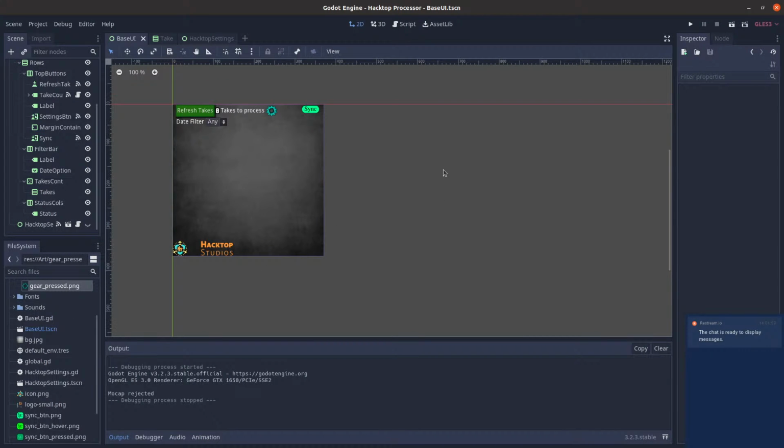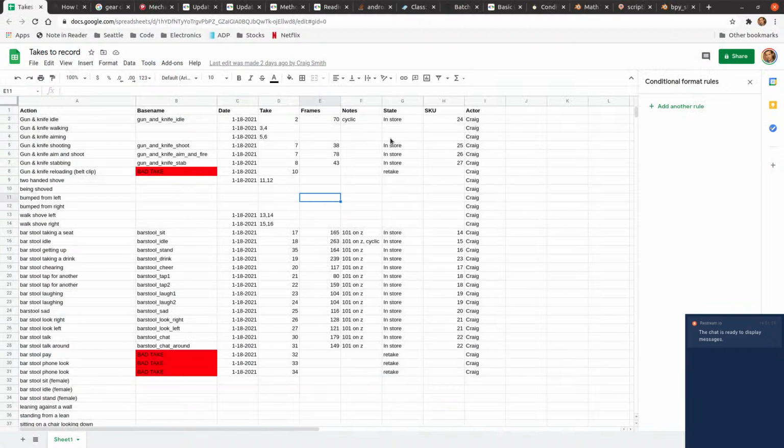I do. All right, so where this was left off, I think we've got to process a good take. We did a negative take last time, and now we need to do a good one. So this is where we left off. So when I reject a take, Godot takes it back, it updates the spreadsheet now,